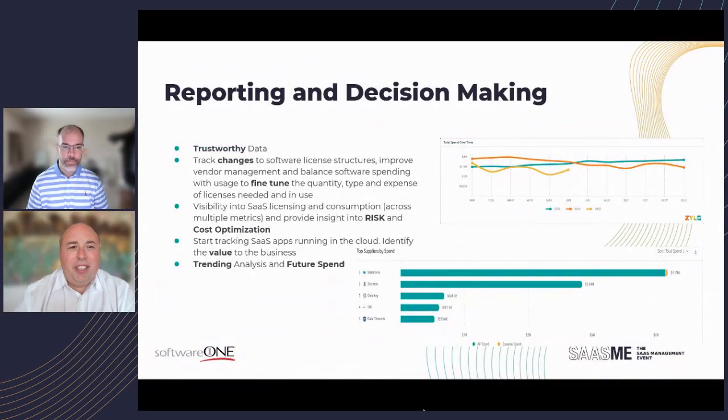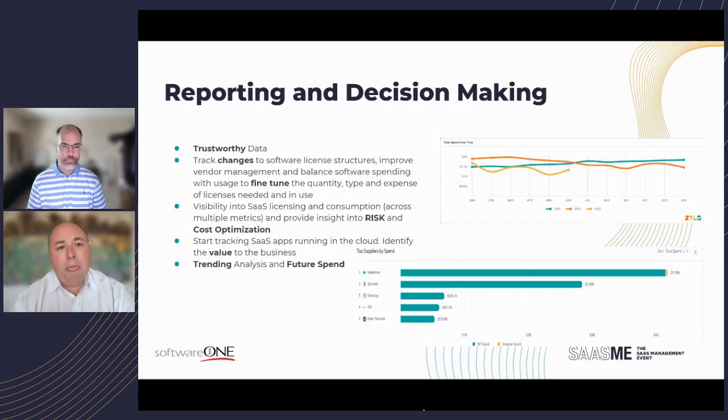Yeah, I really like this reporting and decision making because, and I could sit on my soapbox all day and talk about trustworthy data, right? In order for me to do my job, in order for a consultant or an ITAM director to do their job, we have to be able to trust the data. I used to say it has to be complete, it has to be current, it has to be correct in order for you to be confident in the decisions that you're making. And so, not having that trustworthy data, whether it's coming from a procurement source, from an inventory source, whatever source, CMDB, you name it, you have to be able to trust that data in order to make the decisions, right?